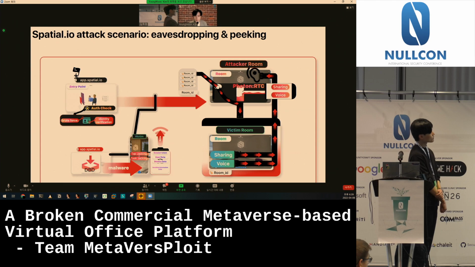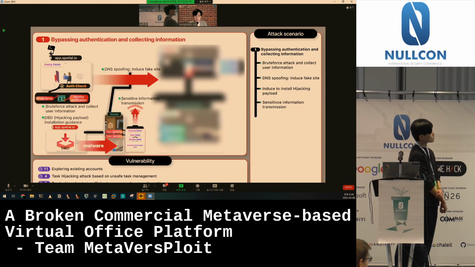Okay, we implemented the attacker scenario that exploits the vulnerabilities we found. First, I'll talk about the authentication bypass and information collection step. It is possible to bypass authentication and collect information using the three vulnerabilities we found. It is possible to identify existing email information through the existing-account exploration vulnerability. It induces the installation of a malicious application capable of tapjacking and task jacking through DNS spoofing and transmits sensitive